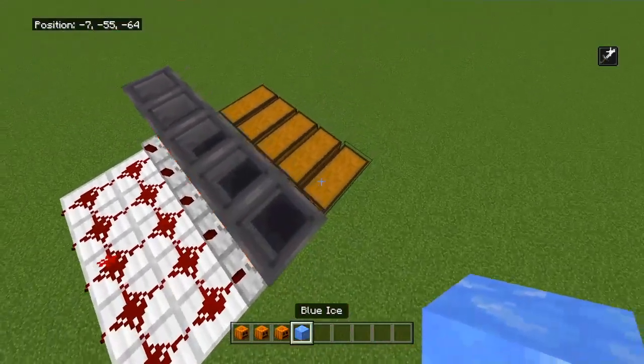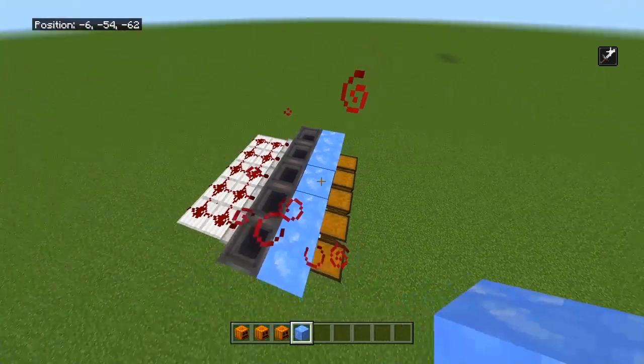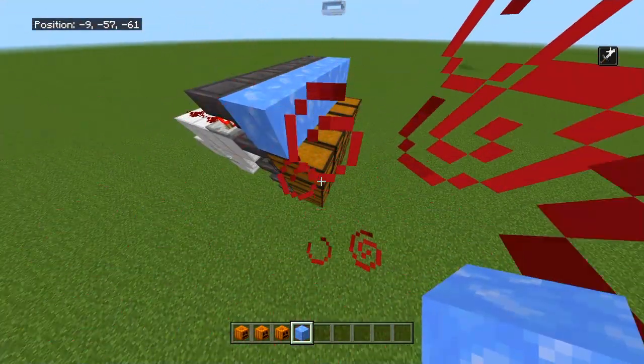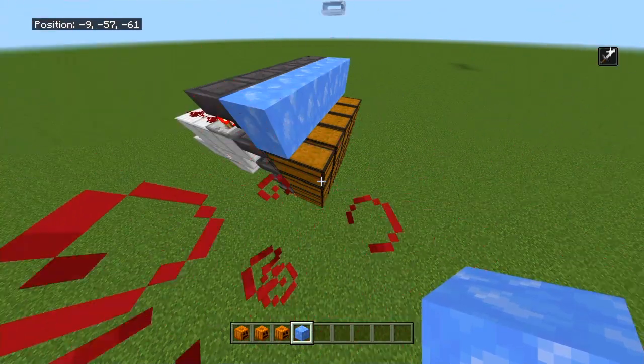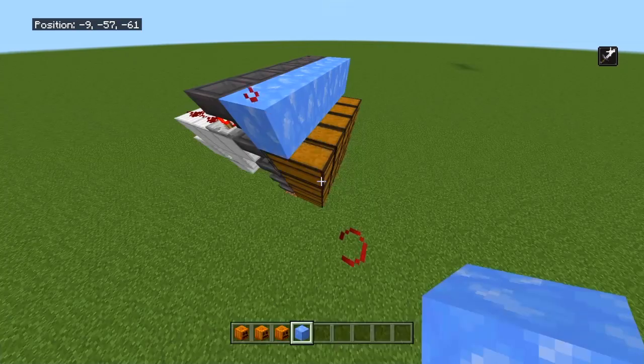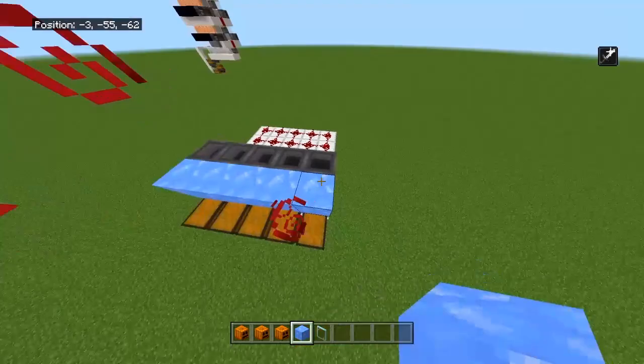is you're going to want to go ahead and place ice along the inside of these chests. Now that will block your access from the top chest, but that's fine. Whenever you take items from the bottom one, they will begin to filter down anyway. So once you have placed ice along the top of the chest, you're going